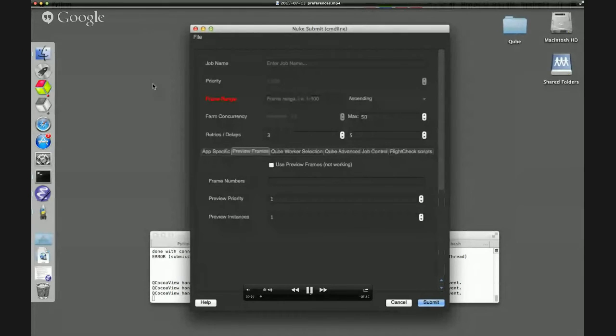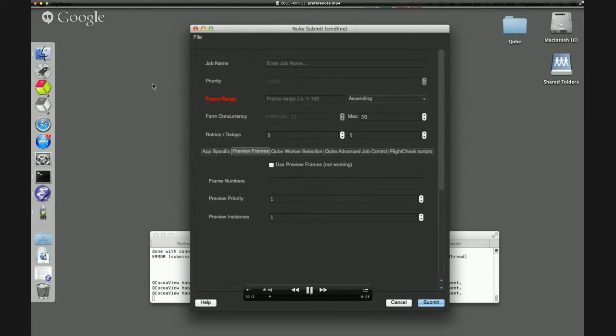As a bit of background, Submission UIs are based on Python dictionaries. So creating a new Submission UI is as simple as creating a new Python dictionary. Those Python dictionaries are loaded from Python modules or Python scripts. Being that they are in a module that's executed, the module can do anything. So if you wanted to, for example, set values in the Submission UI based on your production tracking system, assuming you can connect to your production tracking system through Python, you can set those values based on any sort of query that you can do with it.